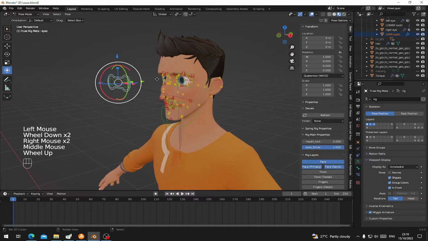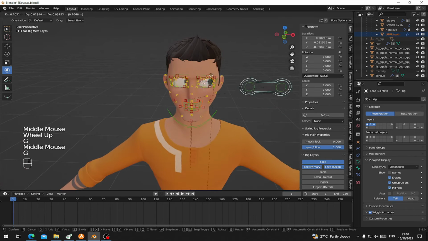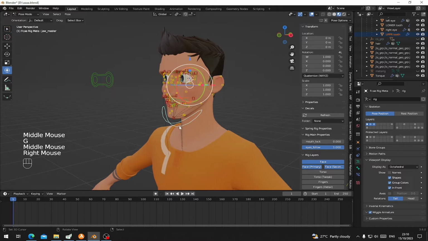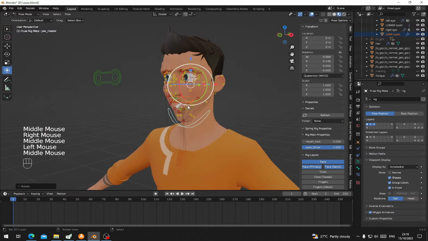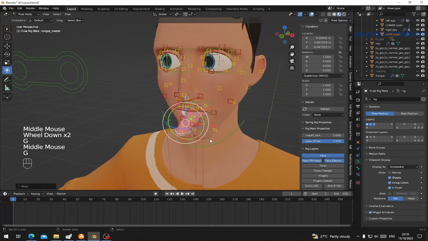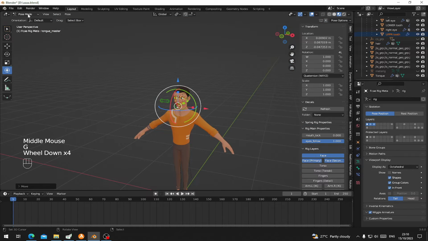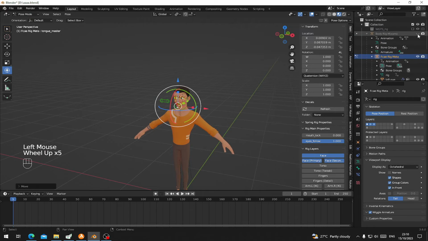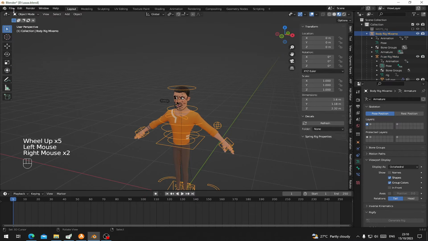Now we can rotate the eyes. We can open the mouth. And we can also do the tongue. So this is nice. Now let's bring back the body rig and select the body rig and go to pose